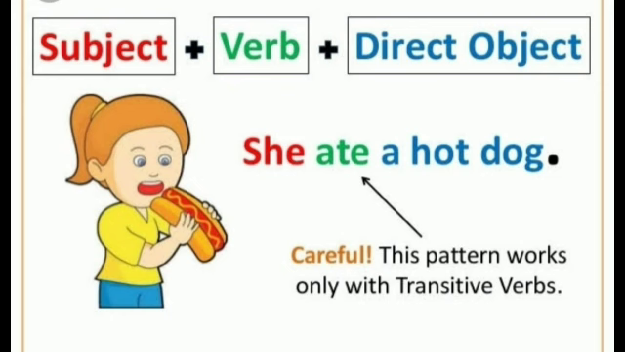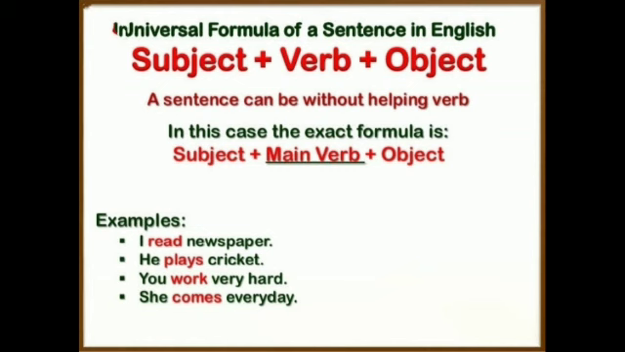Now we'll see a sentence. She ate a hot dog. Here she is a subject, ate is a verb, and a hot dog is a direct object. A universal formula of a sentence in English is subject plus verb plus object, meaning subject, the main verb, and